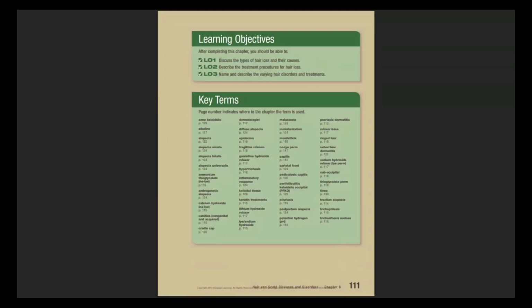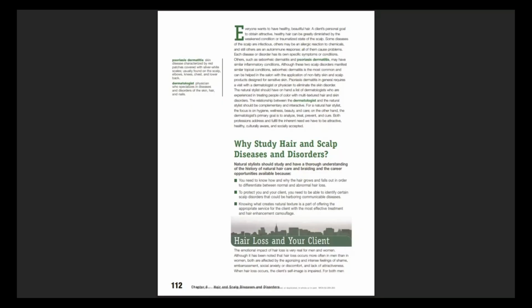So, our learning objectives are: discuss the types of hair loss and their causes, describe the treatment procedure for hair loss, name and describe the varying hair disorders and treatments. Everyone wants to have healthy, beautiful hair. A client's personal goal to obtain attractive, healthy hair can be greatly diminished by the weakened condition or traumatized state